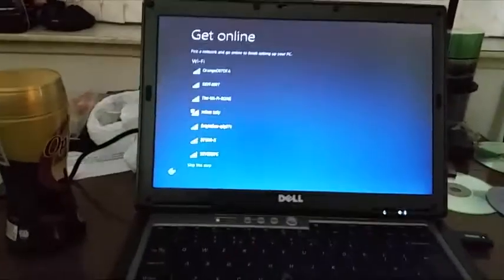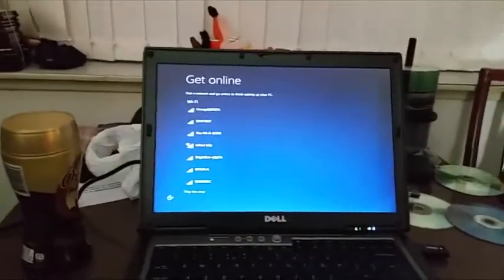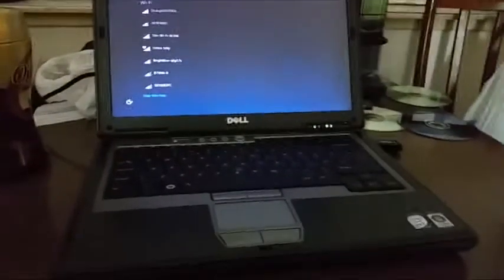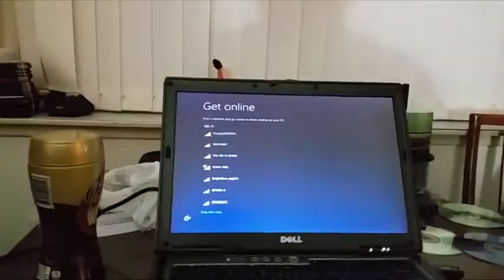Okay, so, you'll have noticed one thing. My IBM ThinkPad R61 has metamorphosed into a Dell Latitude D630. And there's a good reason for that. When I tried installing Windows 10 on the ThinkPad, it kept saying, file missing, could not go beyond this point. So I tried on the D630, same thing. Tried with a USB stick, same thing. Turns out it was the image I was using, so I had to download a different image and try that,